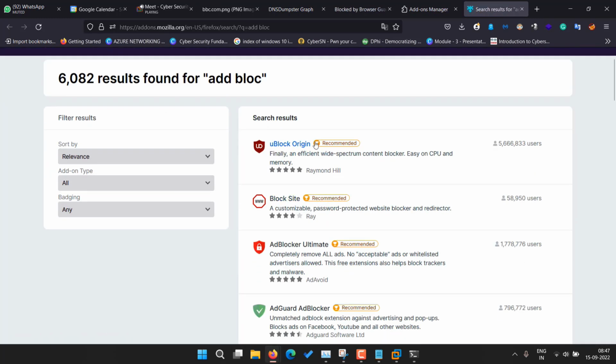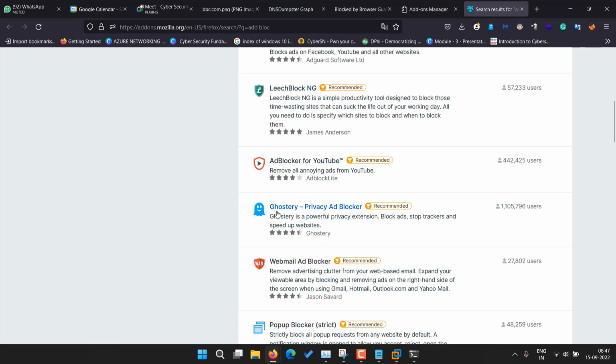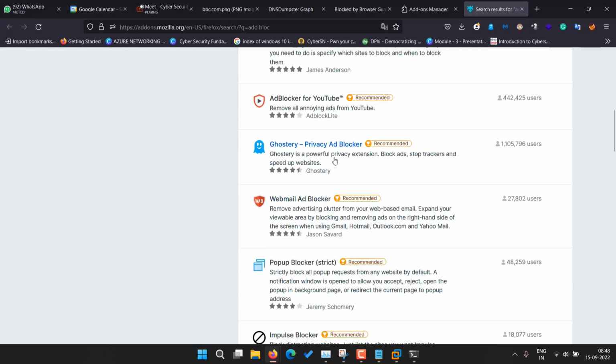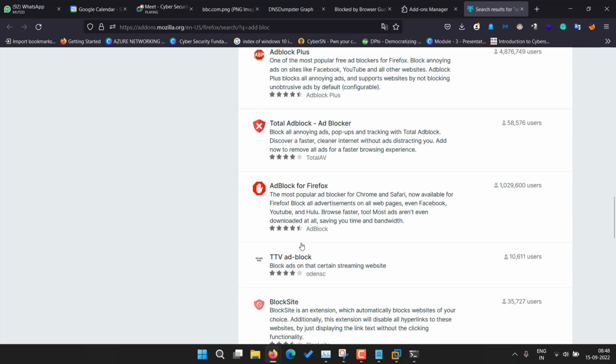So these are some recommendations I am getting, which are properly used and have updates, because even from these extensions sometimes malware can come, like developers can develop some good-looking tools claiming that they can block things, but they grab information. So these are some things that you can have: uBlock Origin, BlockSite, Ad Blocker Ultimate. I'm using Ghostery. It's a paid version, but I'm using the free one. That is enough to stop unknown ads, even from YouTube also. Then we have others, but not that many installed,